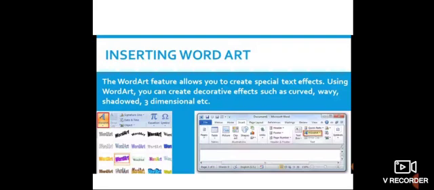Just select the text on which you wish to apply the word art effect and click on the Insert tab. Which tab you will click? Insert tab. And from there, in the Text group, the Quick Styles drop-down menu will appear. Select the desired word art style, and the selected style gets applied on the selected text.